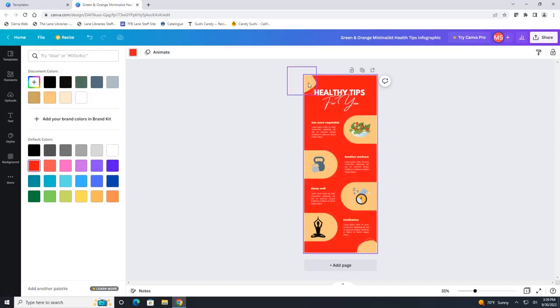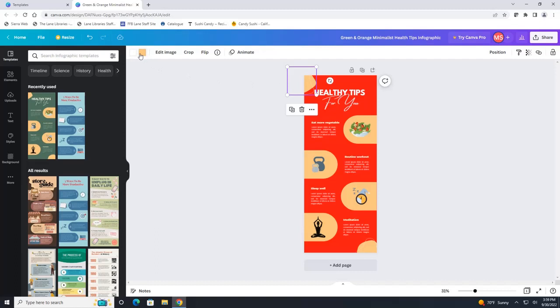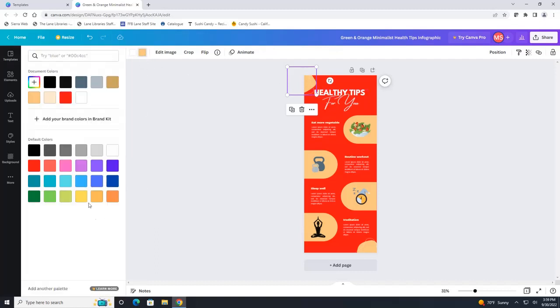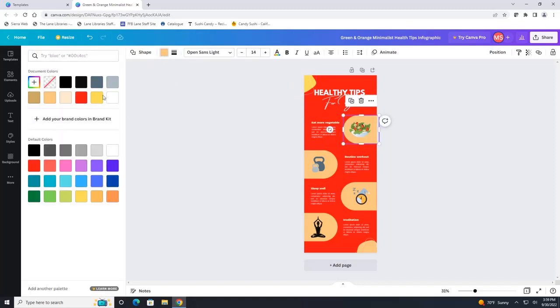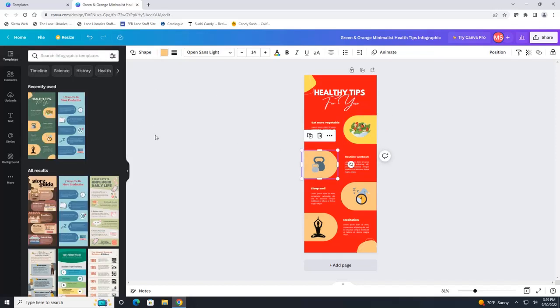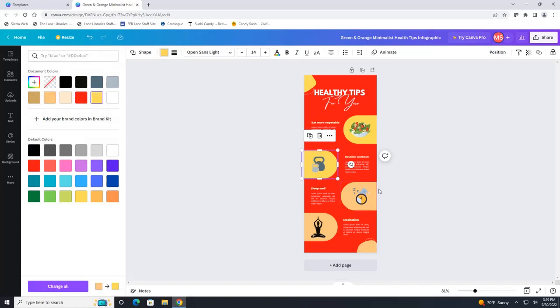And then I'm going to click on this image. It's going to give me the two colors that are in this little picture right here. And I want this to be more of a yellow color. And I want to do this with all of them. So I'm going to make all of these yellow. So you just click on your color and hit yellow,